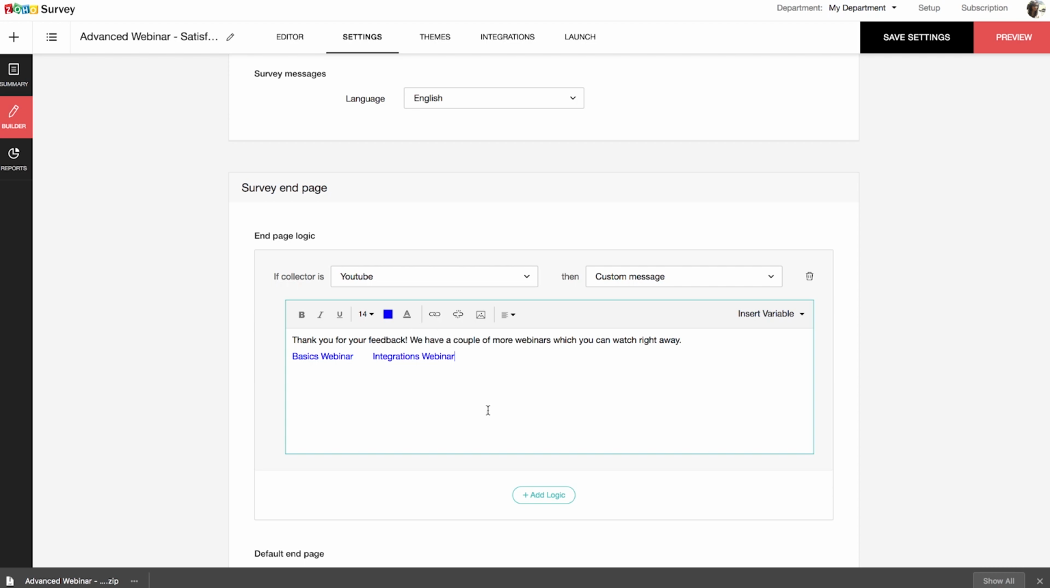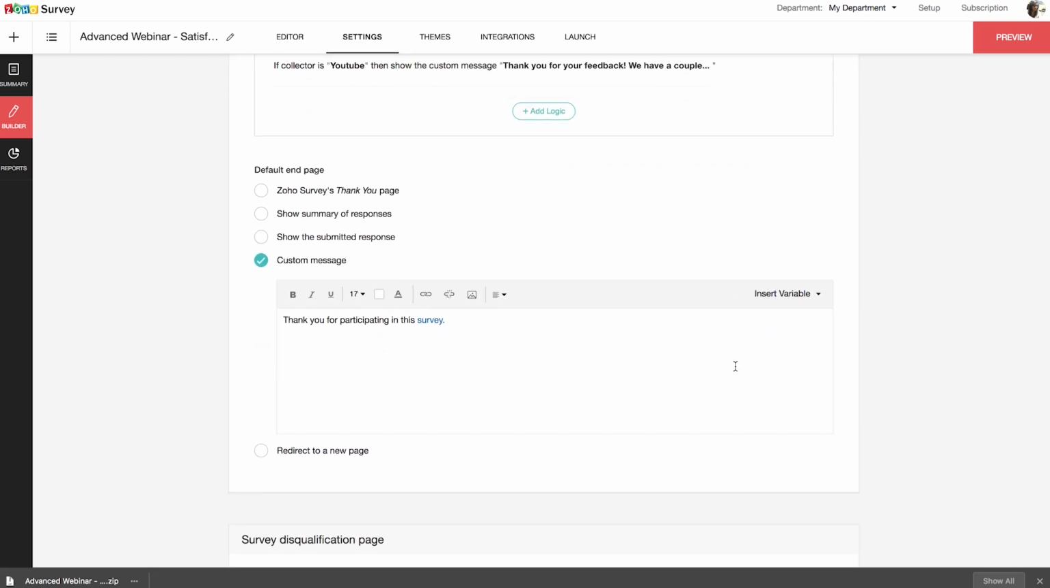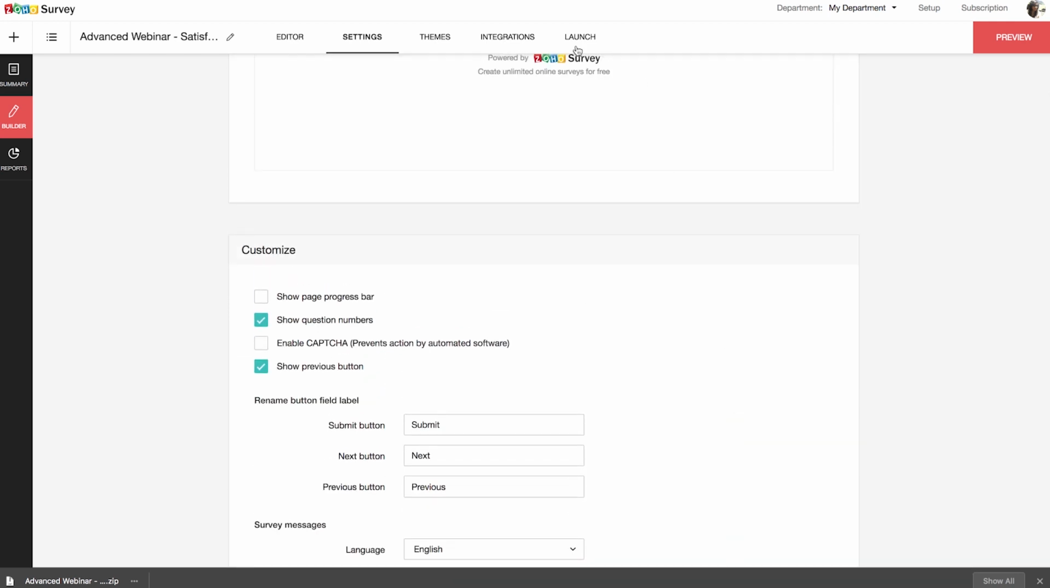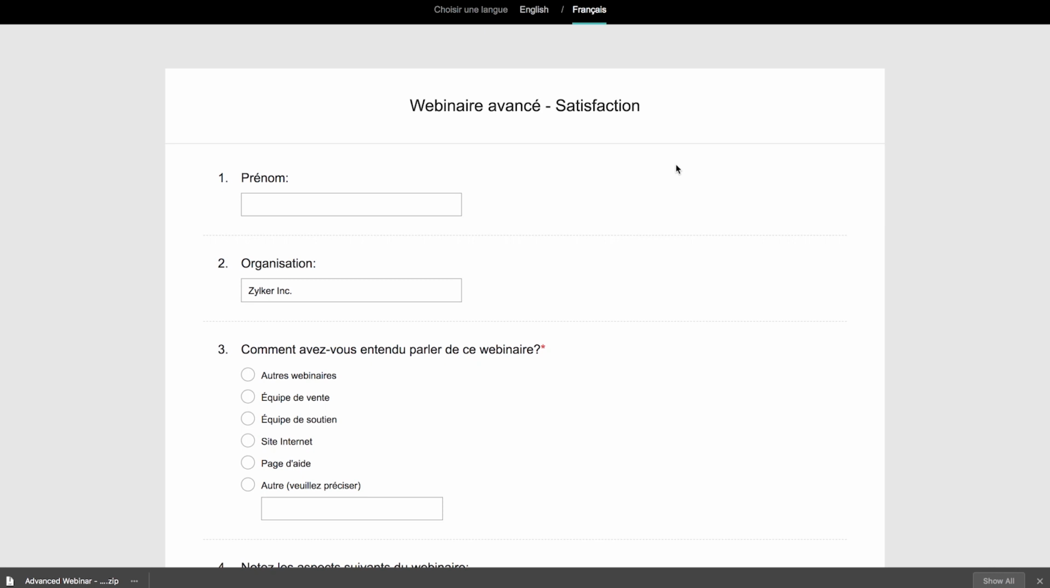Then I'll click Save Settings and we are done. Now every YouTube viewer will see this page after they submit their response. If you have translated your survey into other languages, you can change the default language of your survey from English by clicking the downward arrow and selecting the language you want to be the default language. After which, the survey will load automatically into the language that you have selected, but they can always be switched